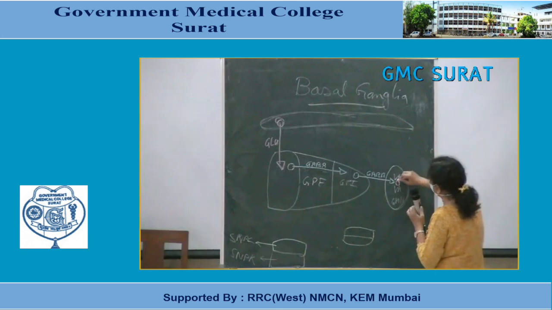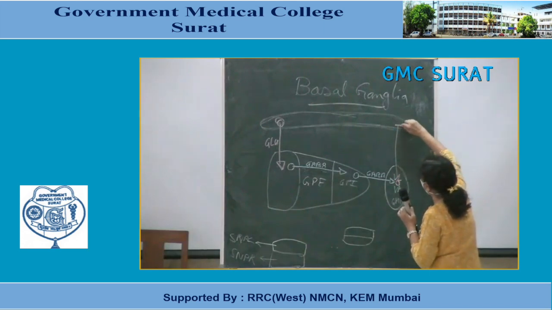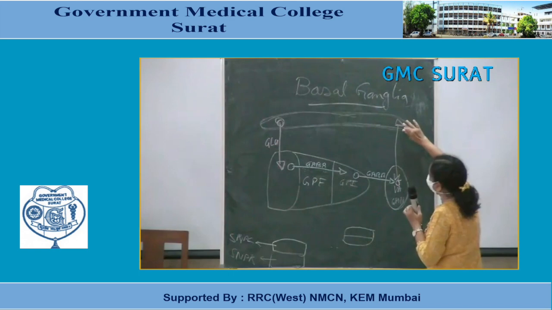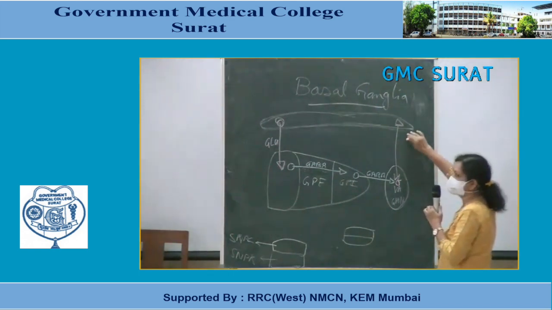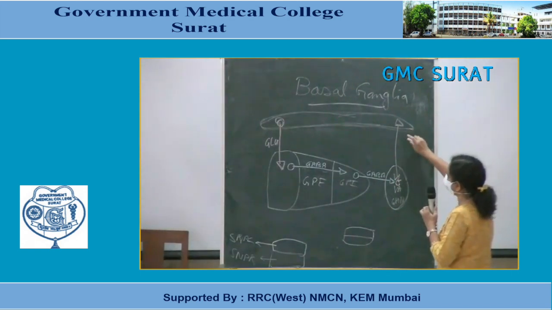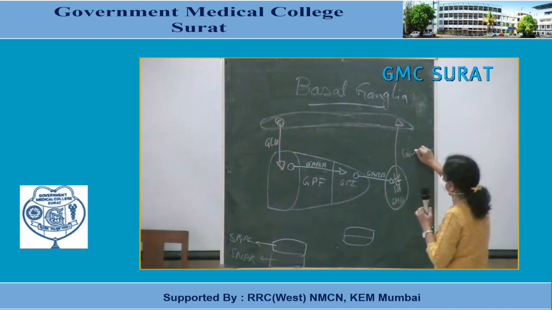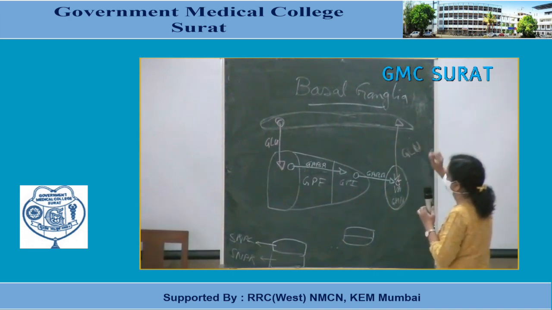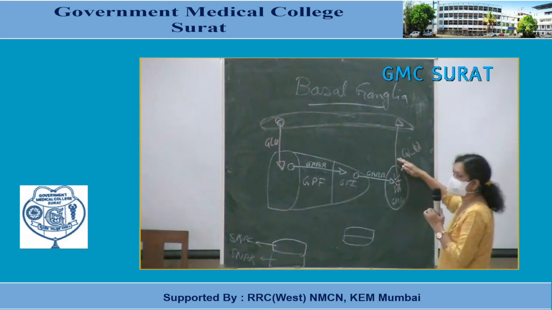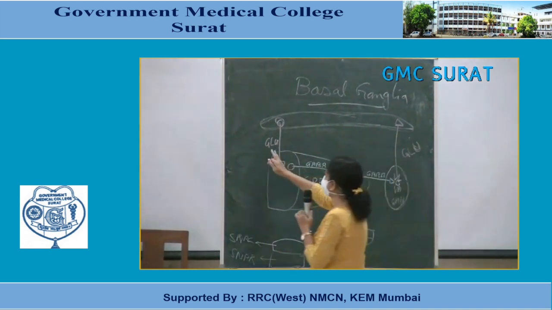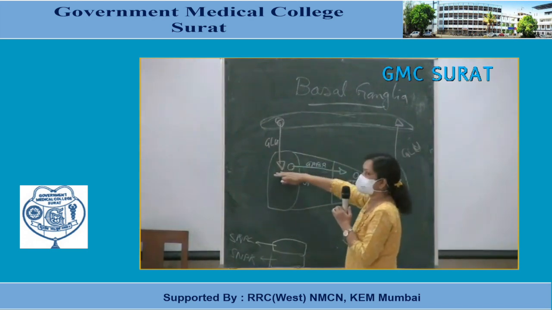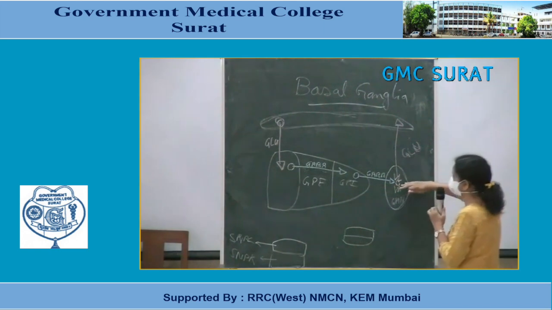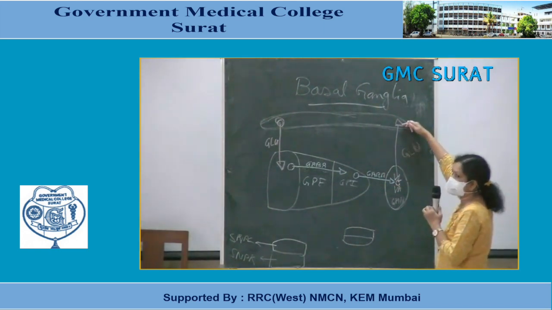And the fibers which are originating in the thalamic area and terminate in the cortical region are the thalamocortical fibers. And these fibers are glutamatergic. That is, they are again excitatory. So the fibers which are originating from the cortex are excitatory, and the fibers which are terminating in the cortex are excitatory.